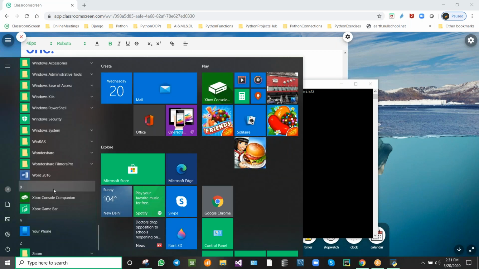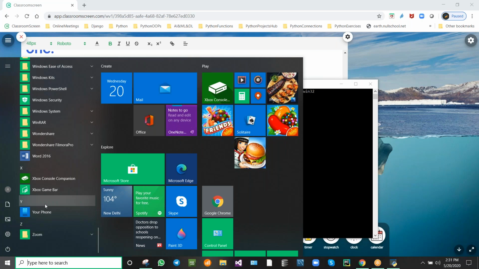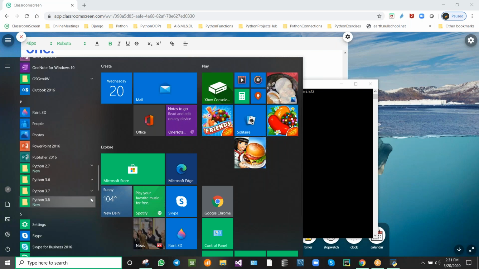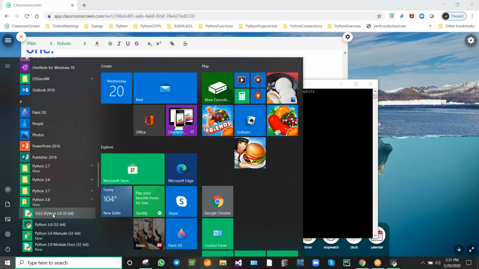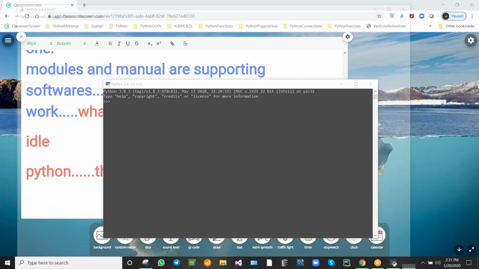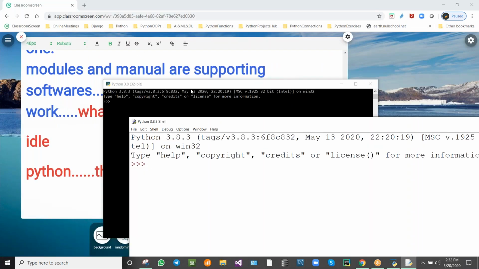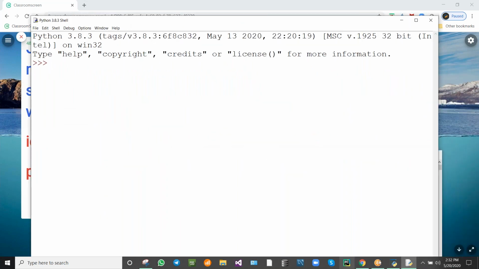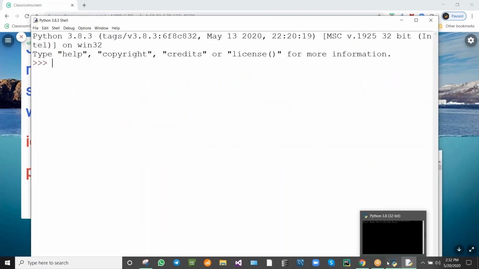It will open like this. These are two different platforms in Python. This is plain Python and this is IDLE.